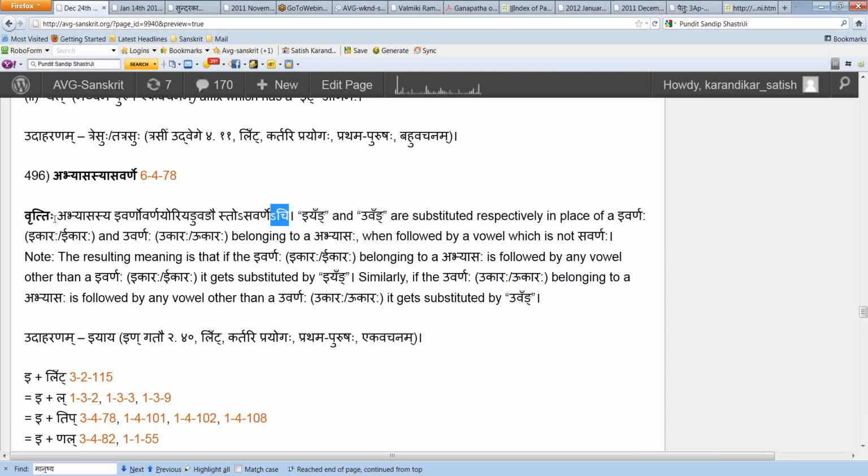It's a very simple sutra, nothing complicated here. One more time, said to you many times: the first thing is you chant the sutra abhyasasya savarne. Look at the sutra number. Next thing, look at the vritti. Abhyasasya ivarano varnayoho iyanguvangaustaha asavarnechi means asavarnechi parataha ivarnasya sthane iyangadesha uvarnasya sthane uvangadesha, but abhyasasya